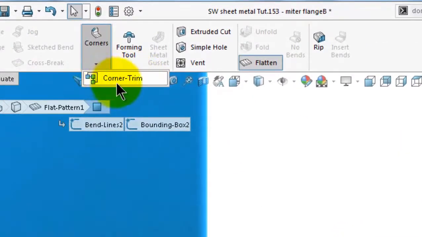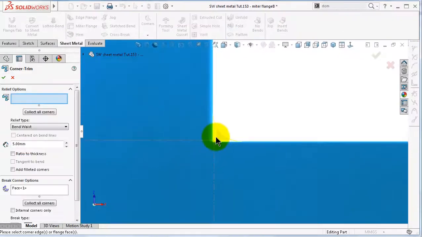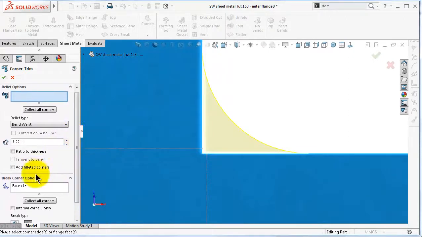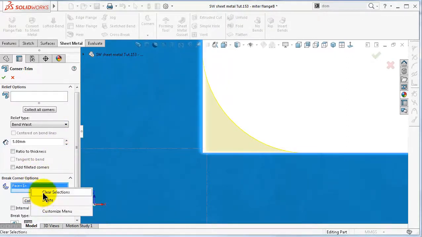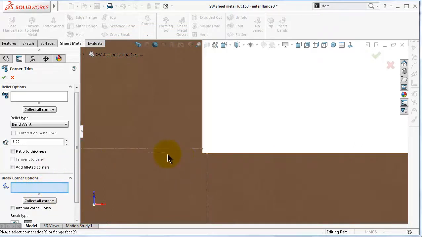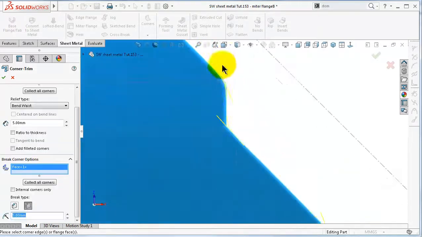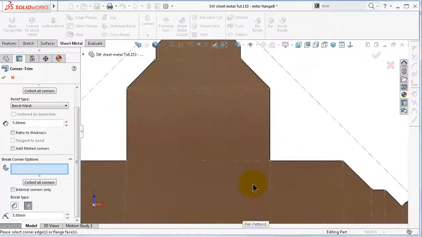This is the only option that can work on the trim, and then just make sure that you are not selecting any face because it will break all the corners of the product. Just clear or delete this face and select